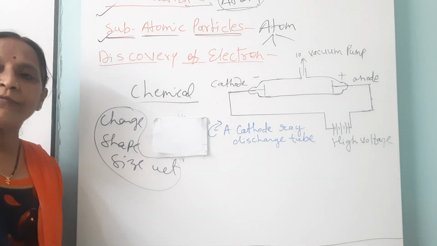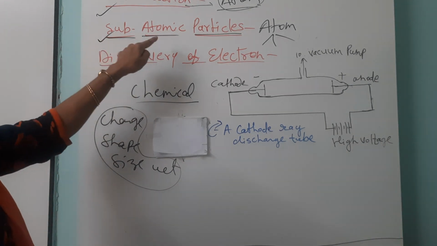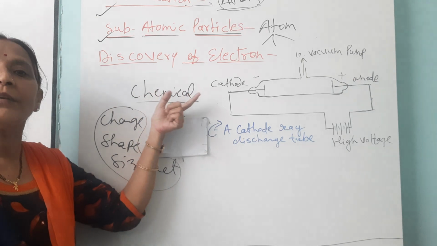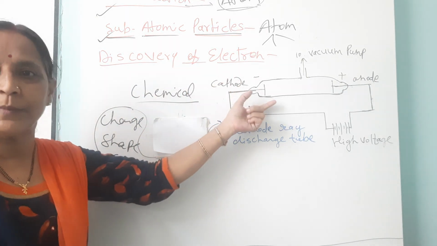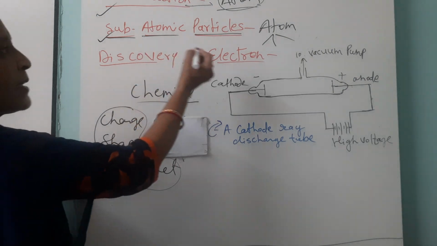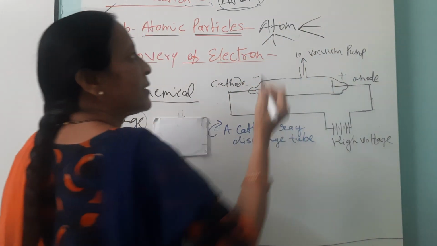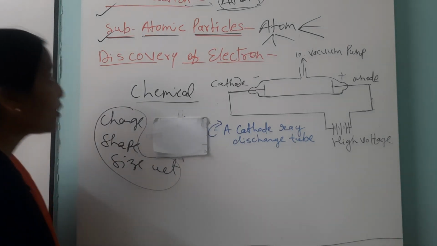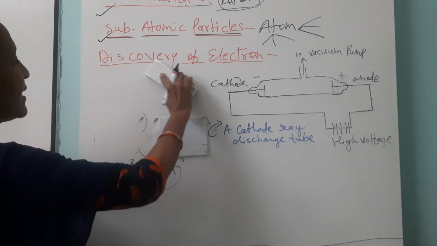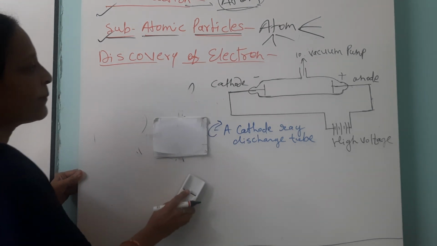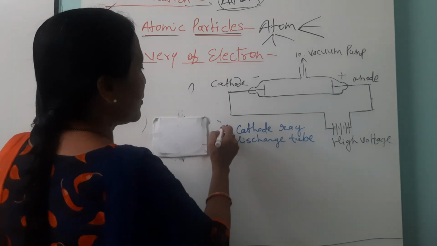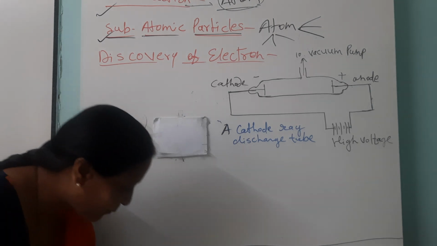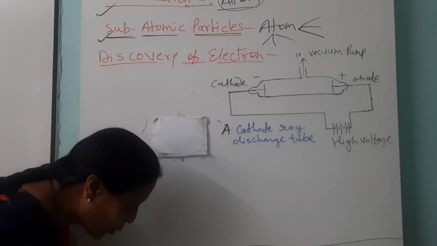Subatomic particles. For the study of these subatomic particles, different scientists gave different phenomena or did different experiments. These small particles present in an atom are known as subatomic particles. Now for the study of subatomic particles, first the scientist Rutherford gave the phenomenon, the cathodic ray phenomenon. Now for this cathodic ray experiment, and before Rutherford,